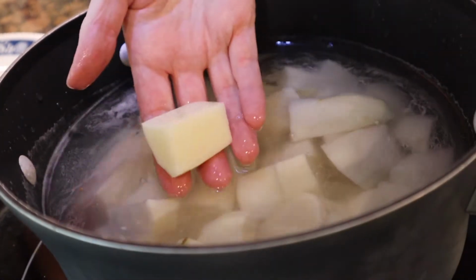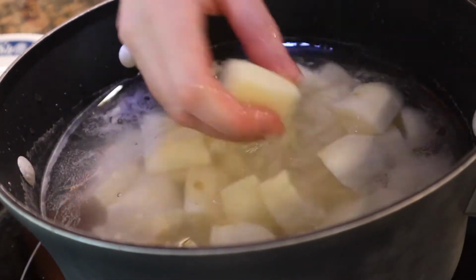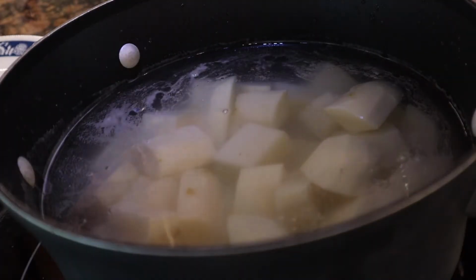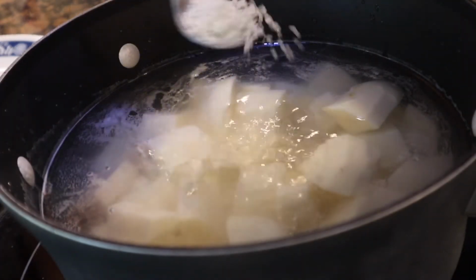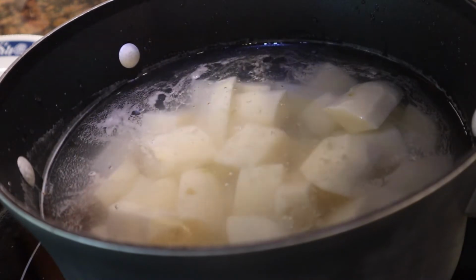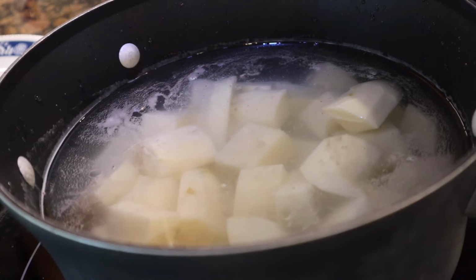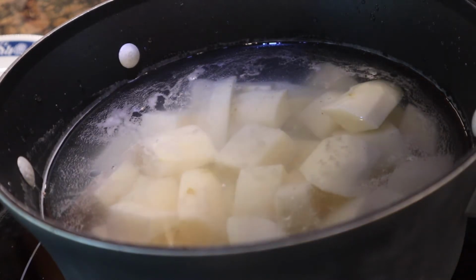Nice big pieces, as you can see here. It says 1.5 inches. I just cut them into huge chunks. I am going to take this opportunity to heavily salt the water. I'm going to bring this to a boil on medium-high heat. And once it starts boiling, I'm going to turn it down to a simmer for about 9 to 10 minutes